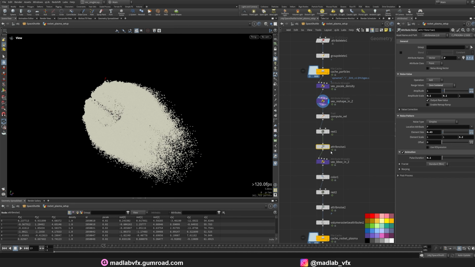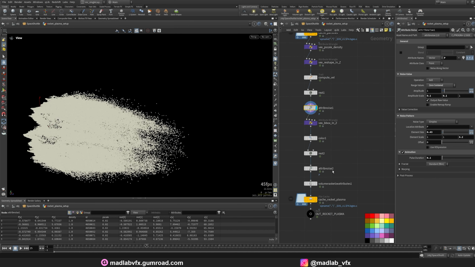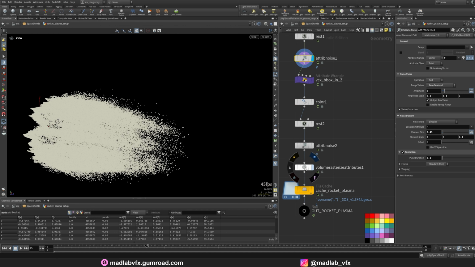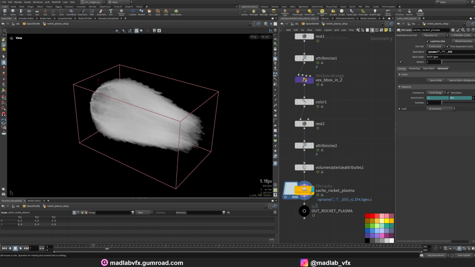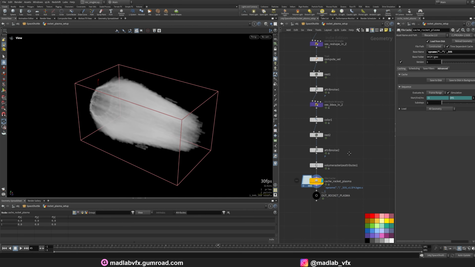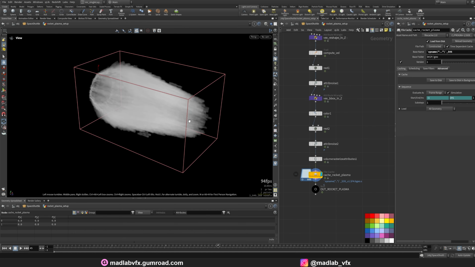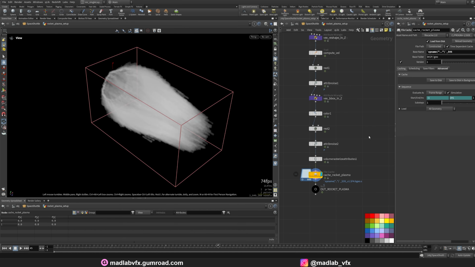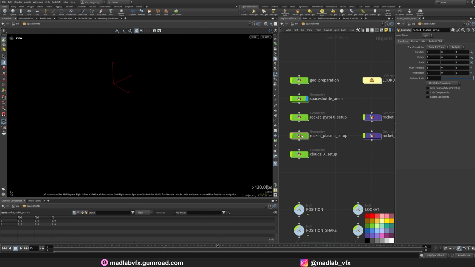Compute velocity, rest, and noise to make more deformation. And convert this to a VDB, volume VDB, and save this cache here. And then I save around 100 frames and position one copy of each plasma here to the jet behind the space shuttle,